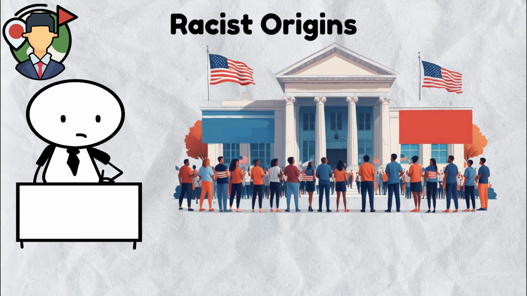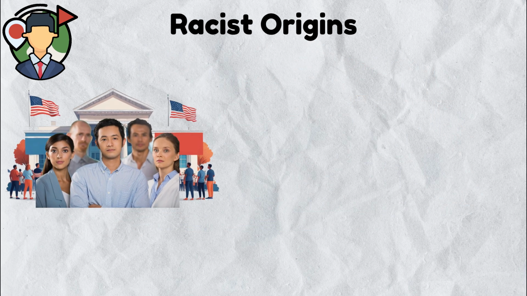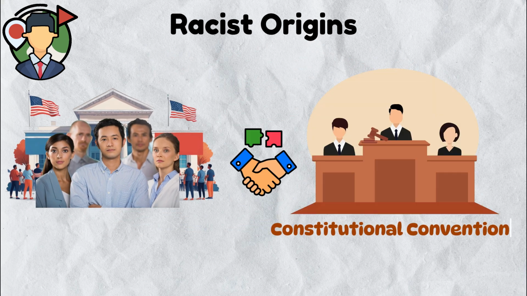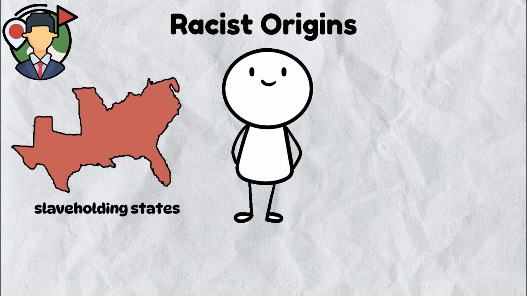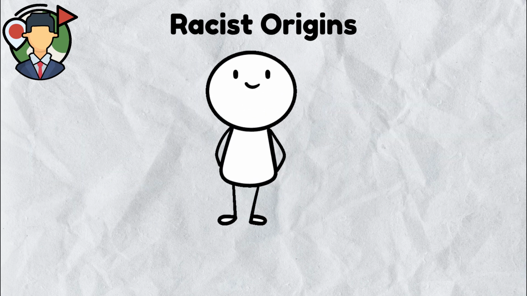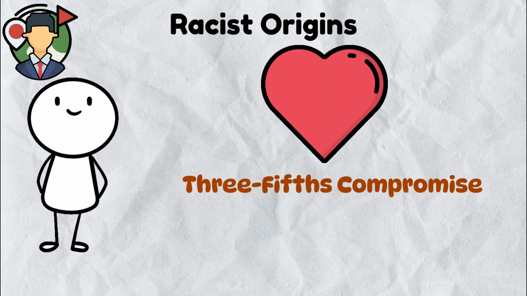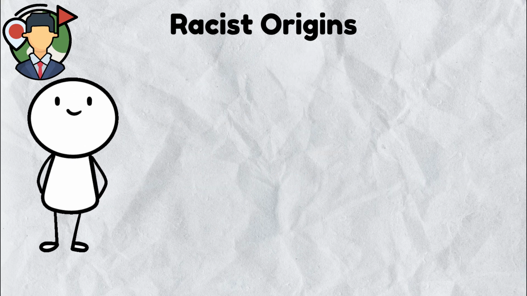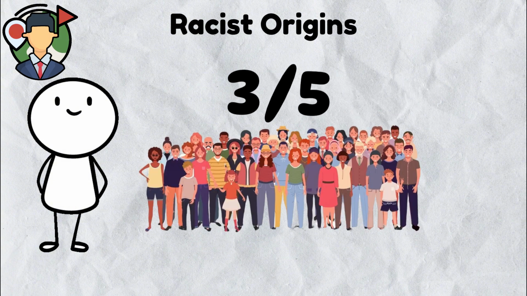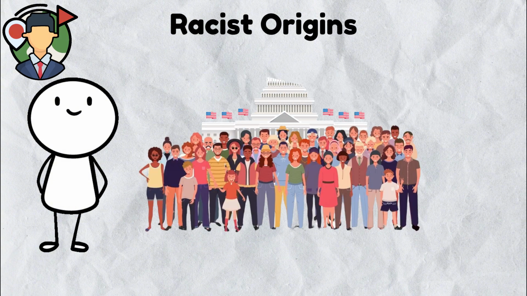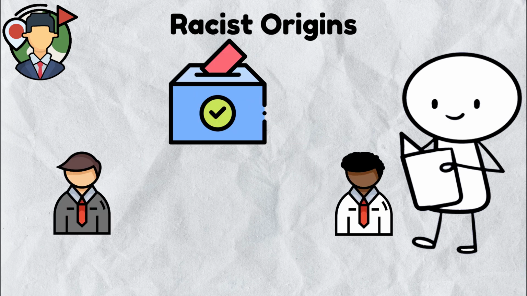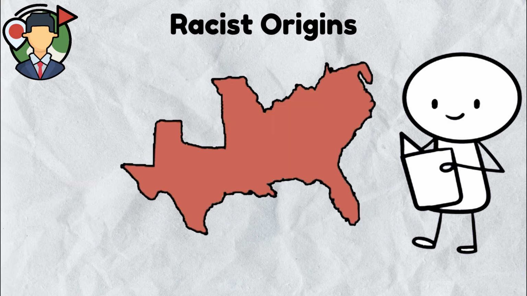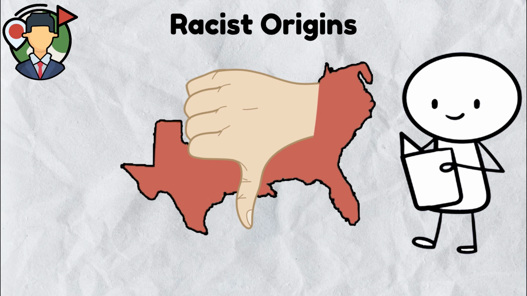electoral system. The Electoral College was created as a compromise during the Constitutional Convention in 1787, balancing the interests of slaveholding and non-slaveholding states. At the heart of this compromise was the 3/5 Compromise, which allowed states to count 3/5 of their enslaved population for the purposes of representation in Congress. This directly influenced the allocation of electoral votes, granting slaveholding states disproportionate power in presidential elections.